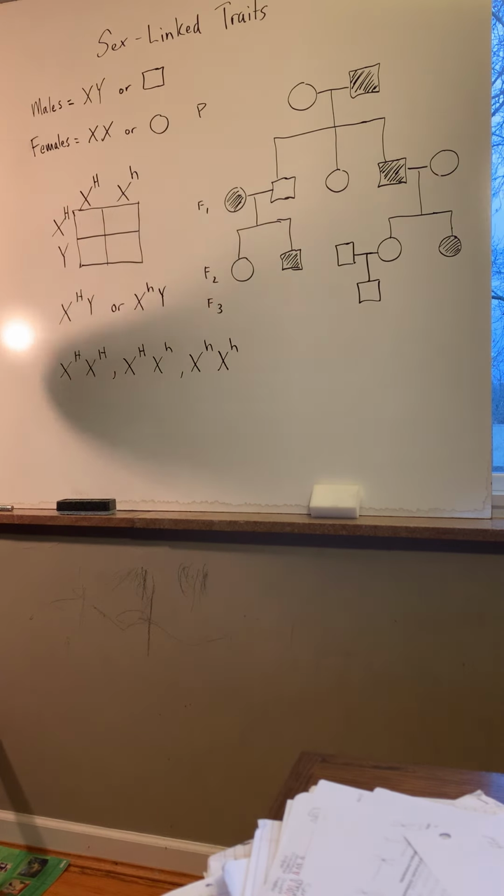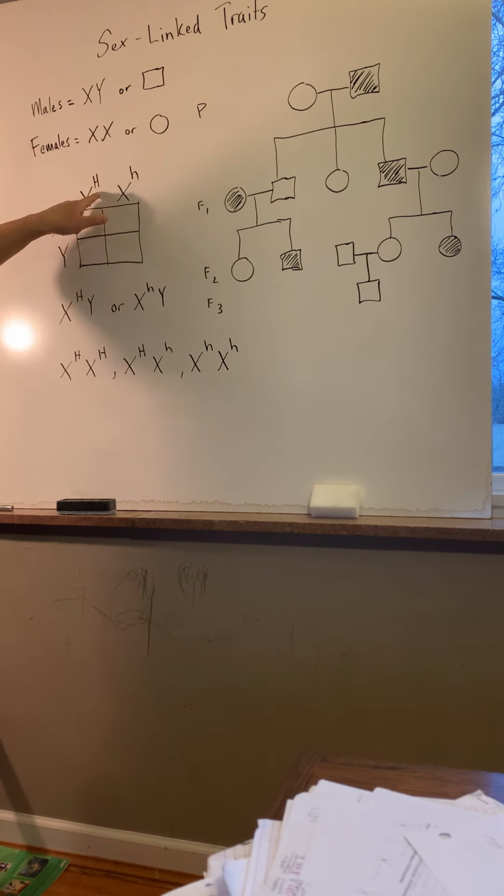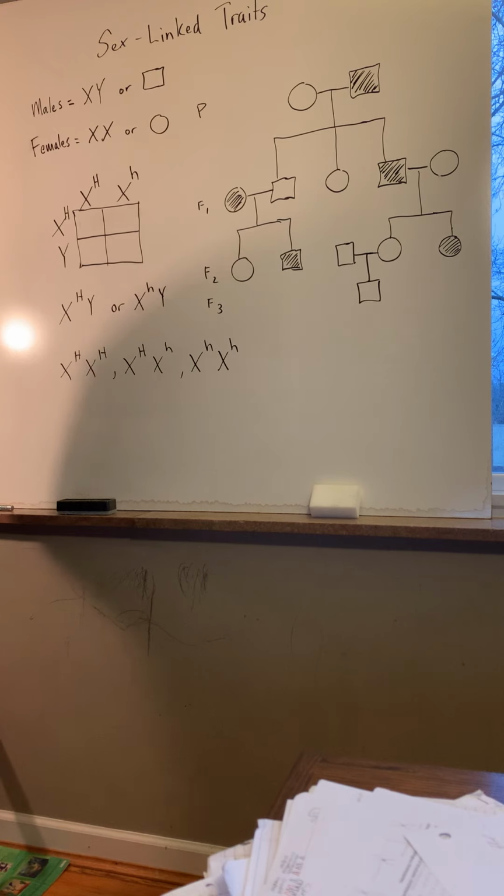So in this case, this particular female is a carrier. She has a big H and a little h. She will not show the disease in any way, shape, or form. In order for females to have hemophilia, they have to have two little h's. This male is normal. He doesn't have hemophilia at all because he has that big H. So if we were to do the cross,